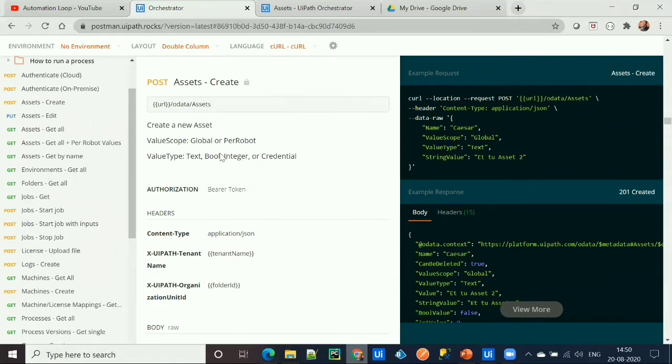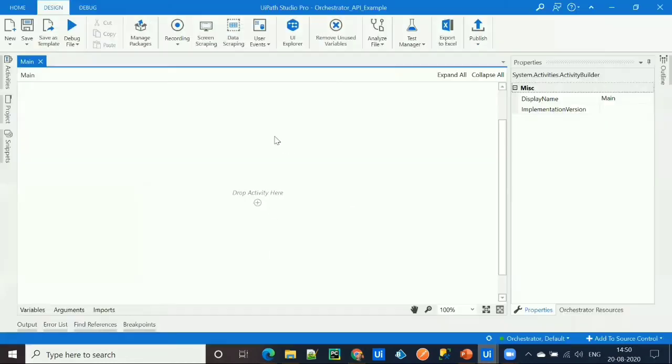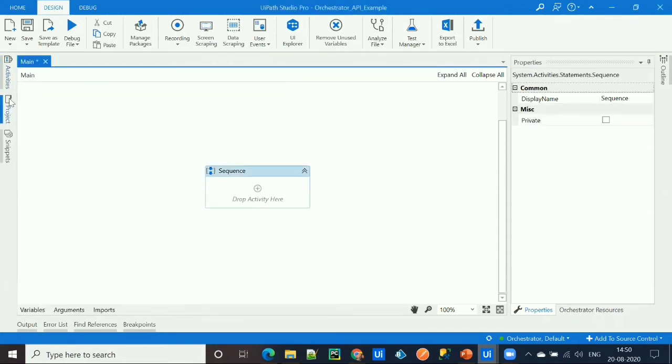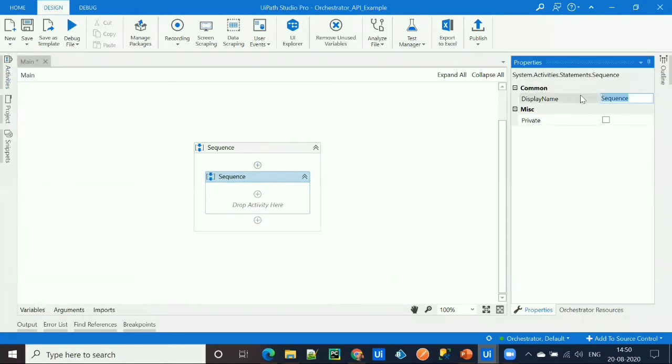So let's go ahead and create a workflow in which we will create an asset on Orchestrator. I've created the process for the same, and in this process, I'll simply drag a sequence for creating the asset, and I'll name it Create Asset.